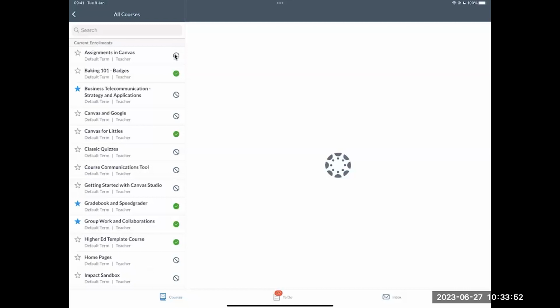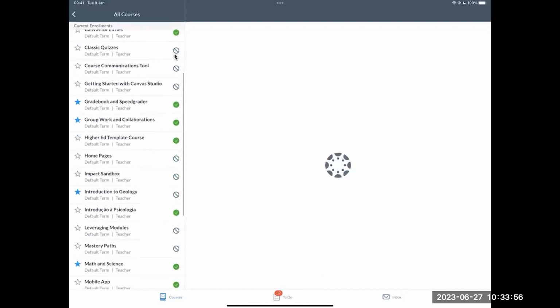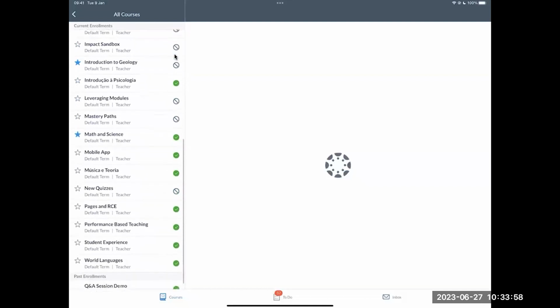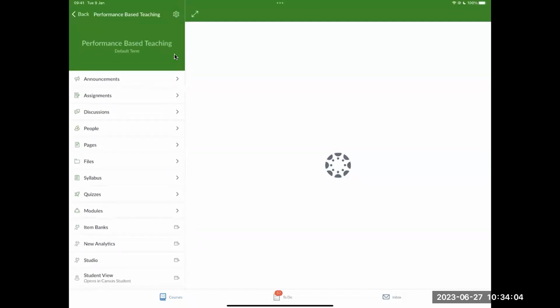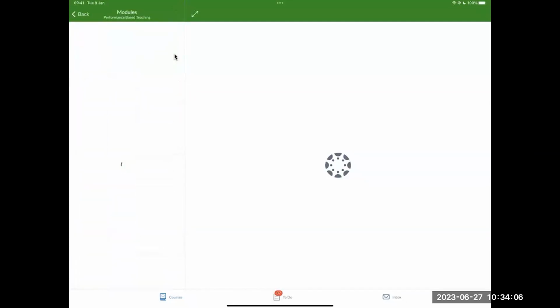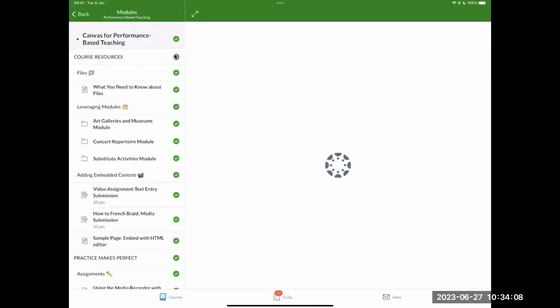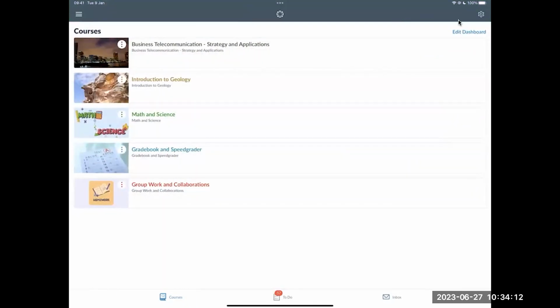I can essentially access those courses from here as well. So let me come here for students for performance-based teaching. It's not favorited, but I still have the ability to open this course, maybe navigate into my modules, see what's there. Or if I go back to courses, and then here, once again, edit dashboard right here on the top corner,